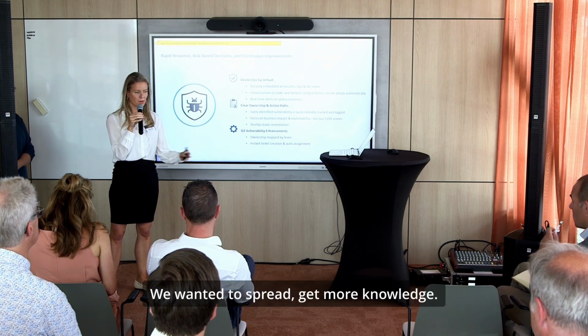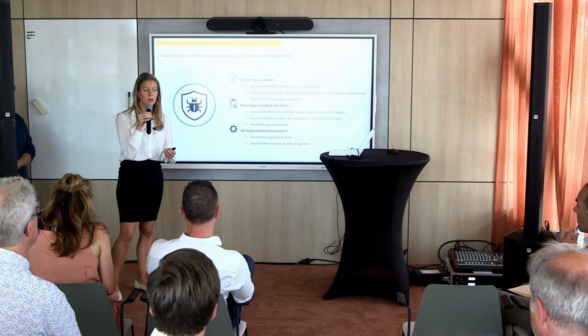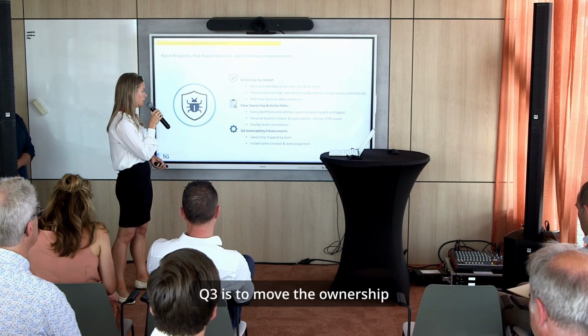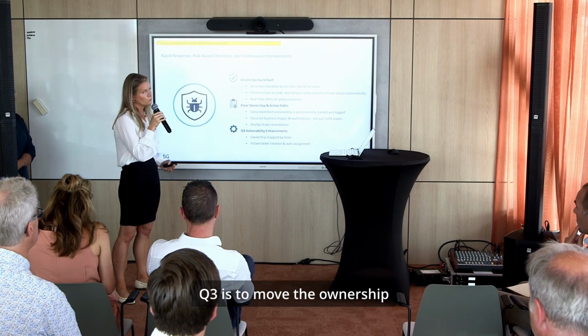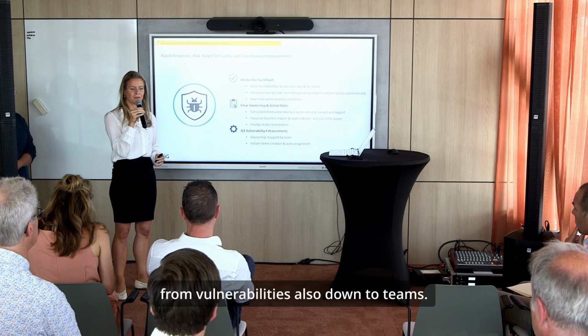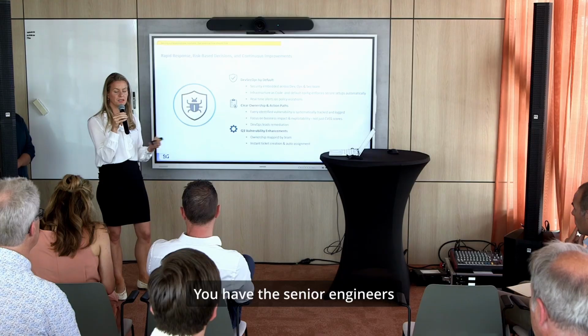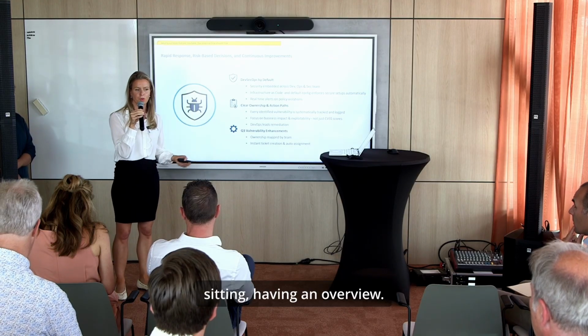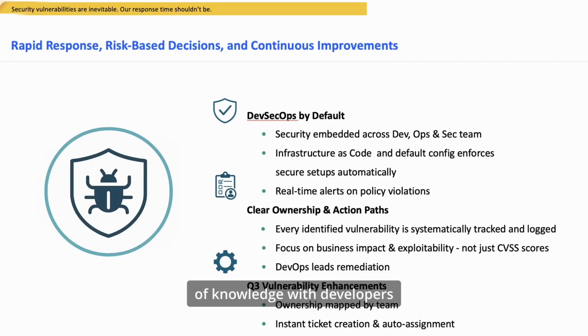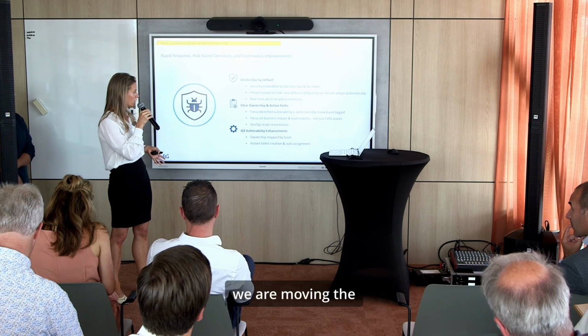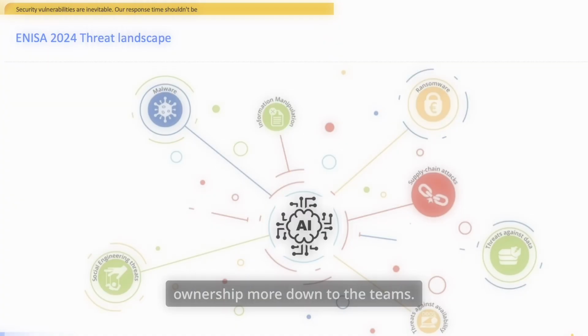We wanted to spread more knowledge. So what we have planned for Q3 is to move the ownership of vulnerabilities down to the teams. You have the DevOps and the senior engineers with an overview, but since we have a baseline of knowledge with developers from all the training, they're the experts on the service, so we are moving the ownership more down to the teams. And